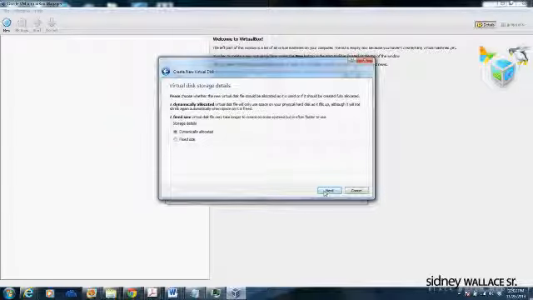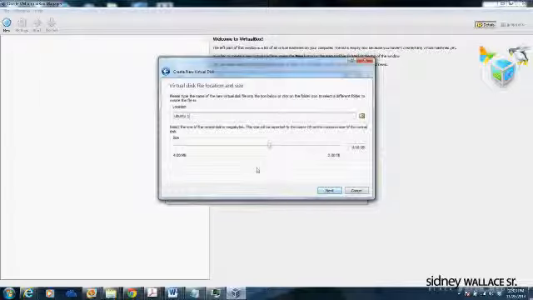dynamically allocated disk, which will change based on what's going on with the host machine. If the hard drive starts to fill up, then the dynamic allocation will shrink. I'm gonna give my virtual machine about 20 to 40 gigs of hard drive space, but right now I need